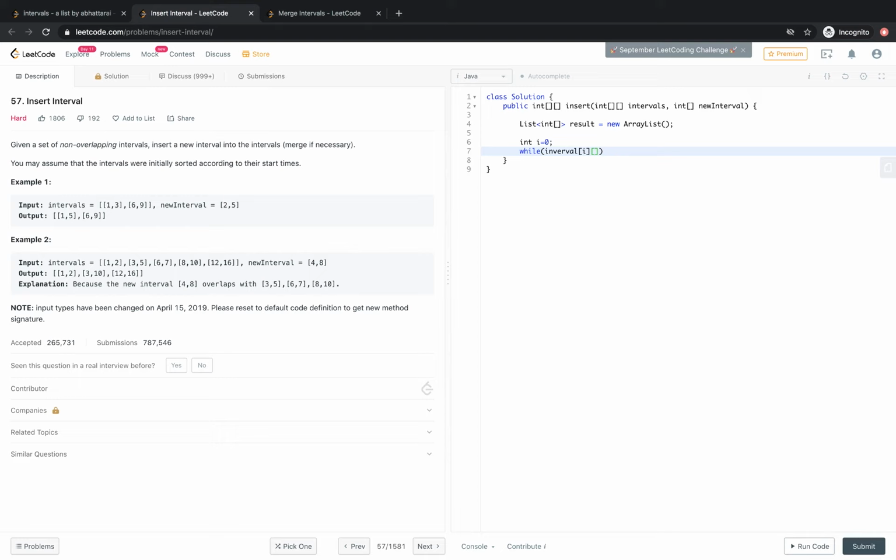Okay, so while interval i1 is less than, I mean this needs to be less so that it can be added, and since everything is non-overlapping we don't need to merge them, right? So is this the new interval, sorry, new interval of i0, right? If this is smaller than these three,